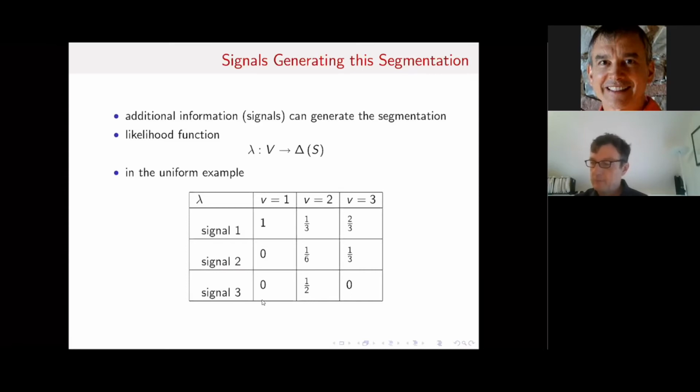And if we focus just on the support, that is where the probabilities are positive and different from 0, what we see is that signal 1 leads to a conditional distribution that has full support on the values. Signal 2 has support on 2 out of the 3 values, namely V2 and V3. And signal 3 leads to a support only on value 2. So different signals lead to different supports on the values. That's going to be a key point in the construction that we're going to pursue.